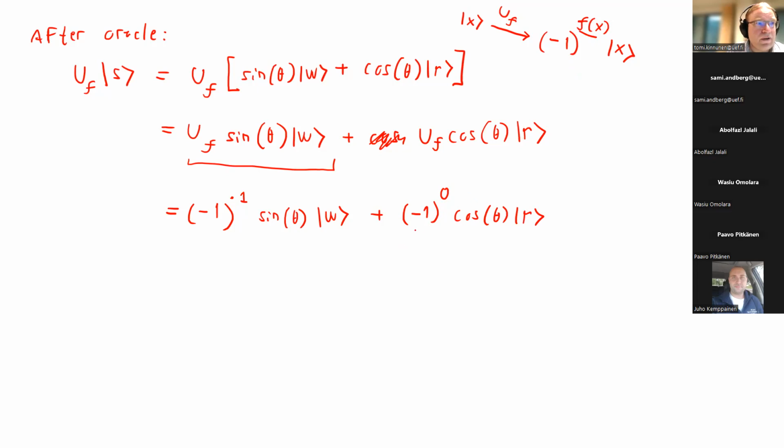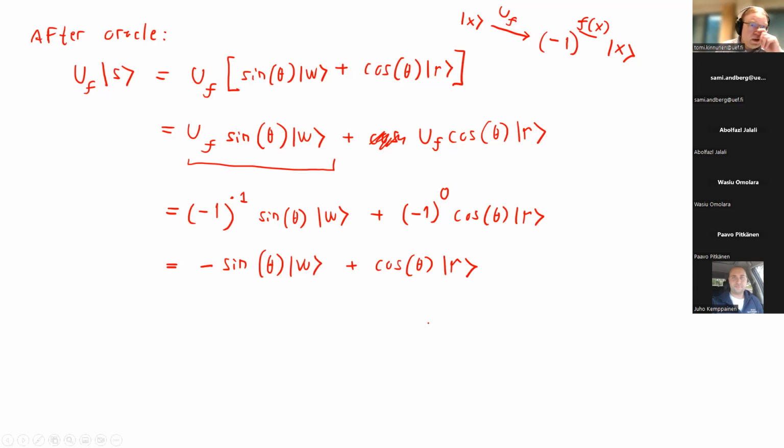So this is going to be -1, and this is just going to be 1. In short, what you have here is minus sine theta W, the phase flip, plus cosine theta R.